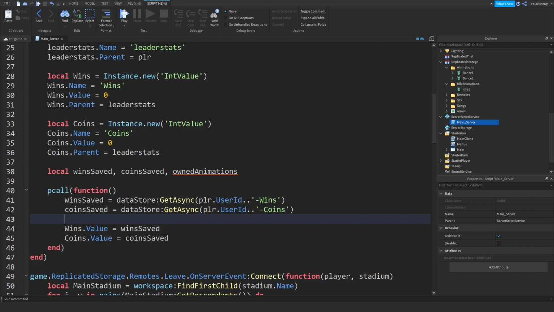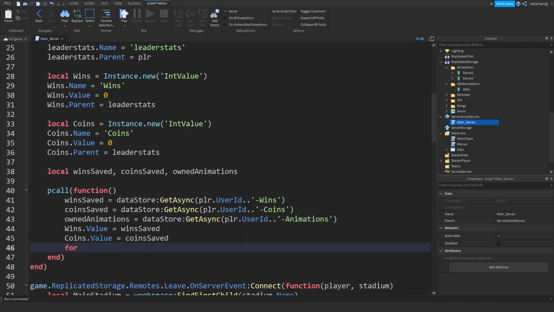So all we have to do is ownedAnimations is equal to DataStore colon GetAsync and plr.UserId dot, and we'll get the animations, and then we will remove the space from here, and all we have to do then is loop through the owned animations. So for i, v in pairs ownedAnimations do